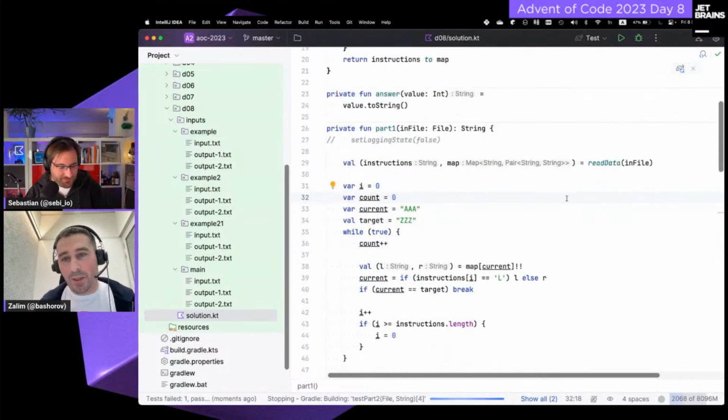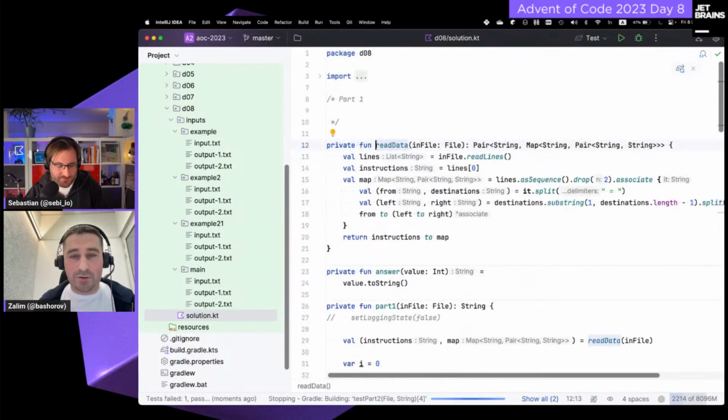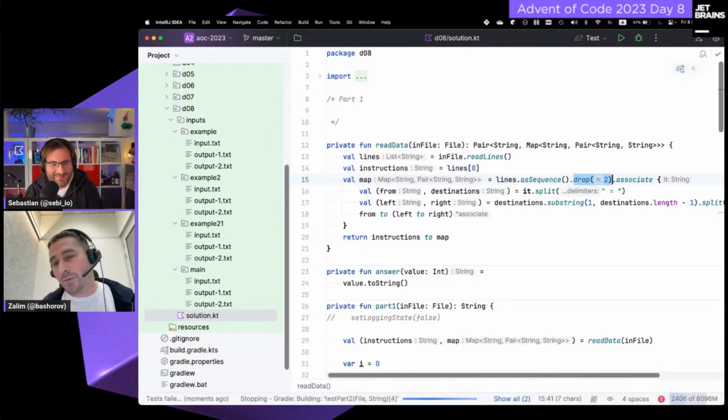First part. Yeah. As usual, we start from reading. This time reading is shared 100%. It's easy. We read all lines. The first line is our instructions. We skip the second line. After that, I drop the first two lines, so the other things are our mapping. So we go through this mapping and associate with